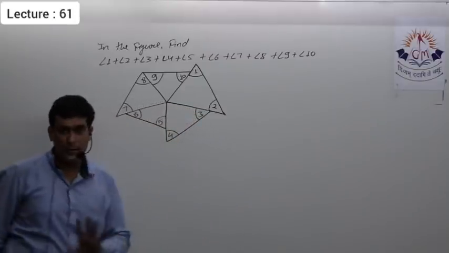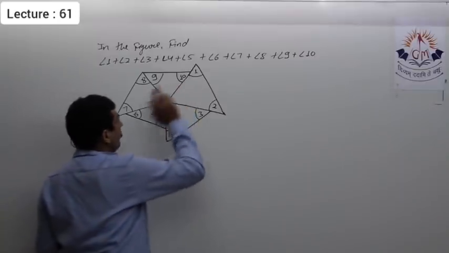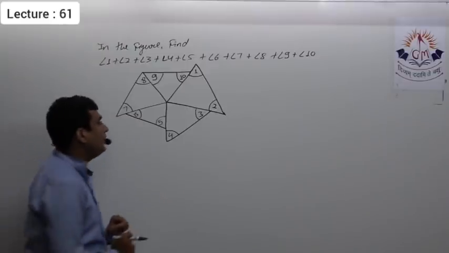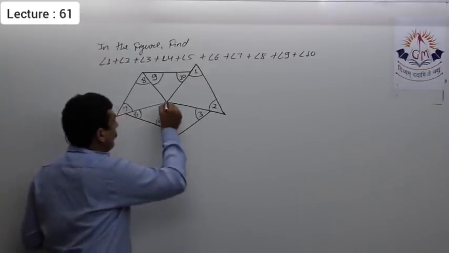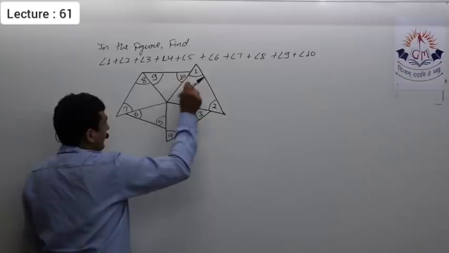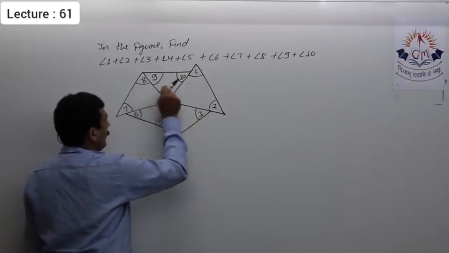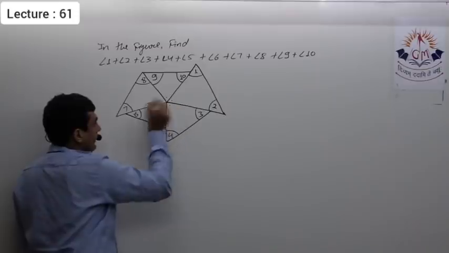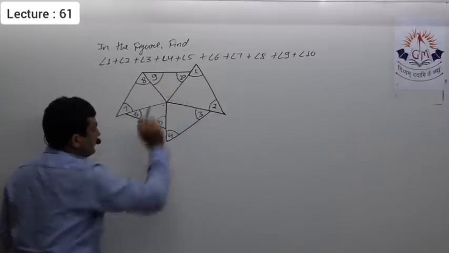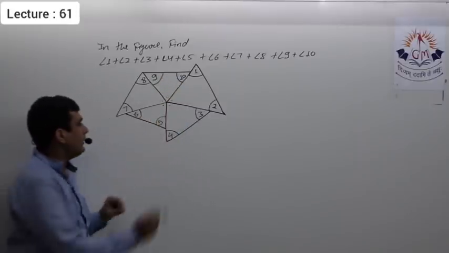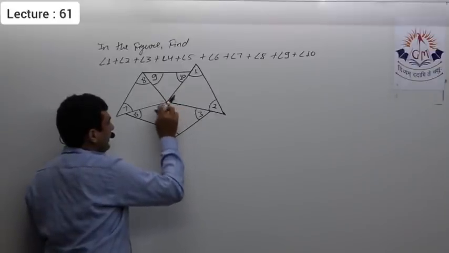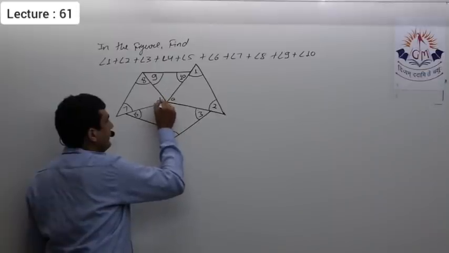See, we'll use two concepts. First concept, that sum of all angles of a triangle is 180 degree. As well as sum of all angles around a point is 360 degree. Now here you can see how many triangles are there, 1, 2, 3, 4, 5. So if I include these angles as well, so what will be the sum of all angles which we can see in this diagram? Suppose for a while I name it angle A, I name it angle B, name it angle C, D and E.